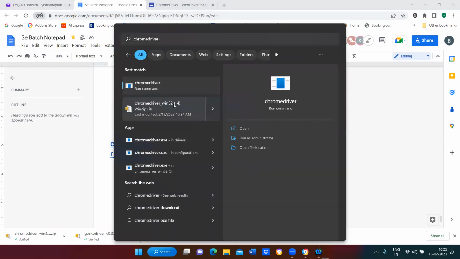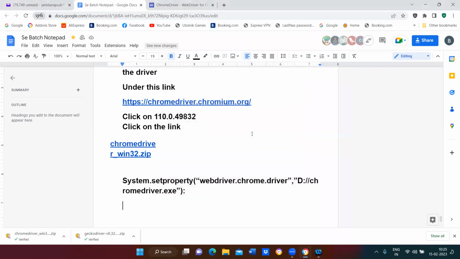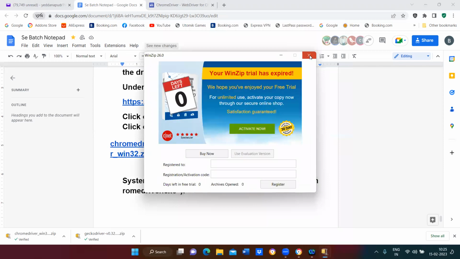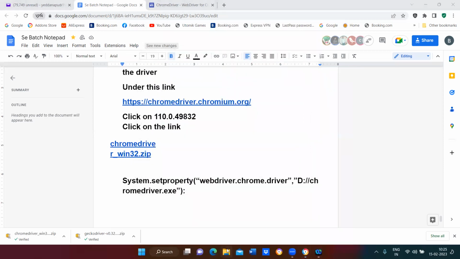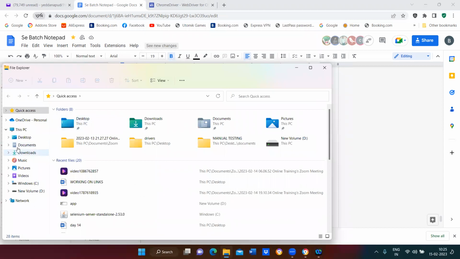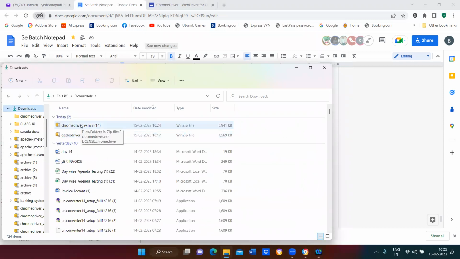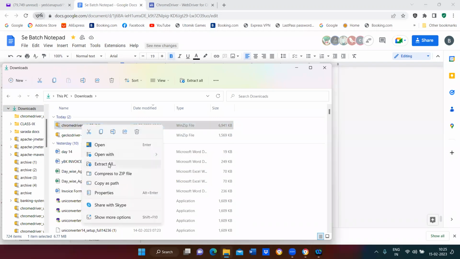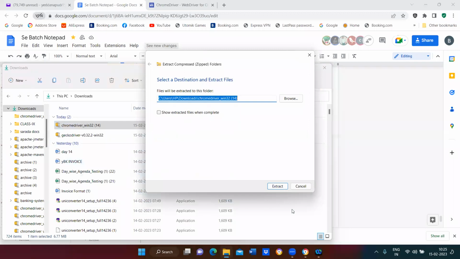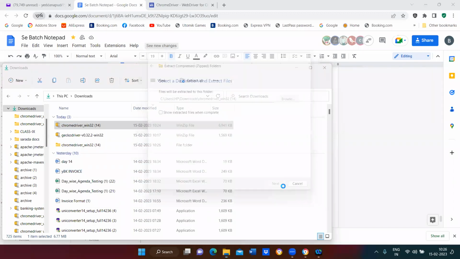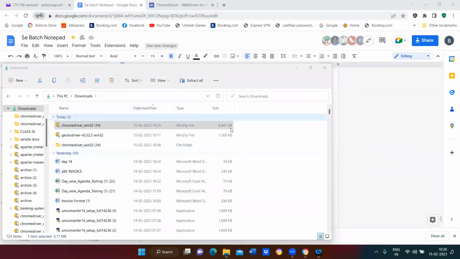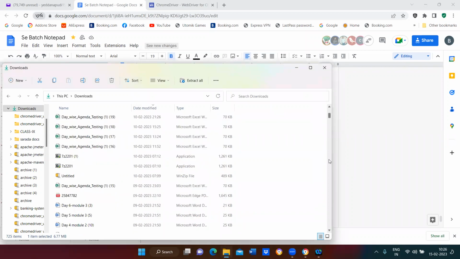See, Win32. So I installed it in my D drive. Under Documents, Downloads, have you seen this? Now right click on that and use Extract All. Okay? Click on Extract All. Now I'm going to extract this. So you will find one icon called chromedriver.exe file. See, when you scroll down,